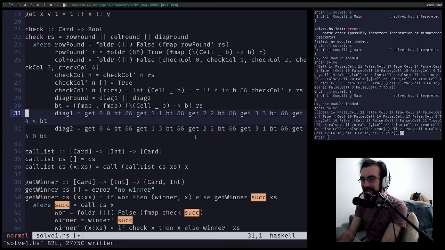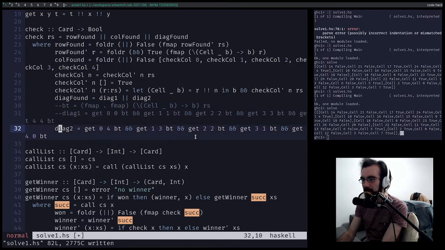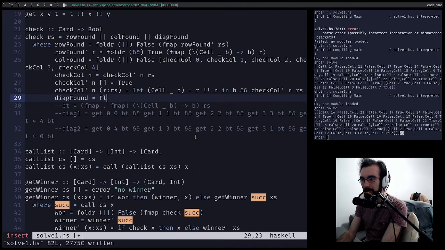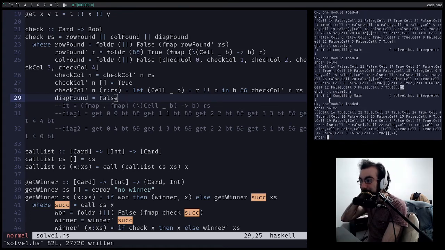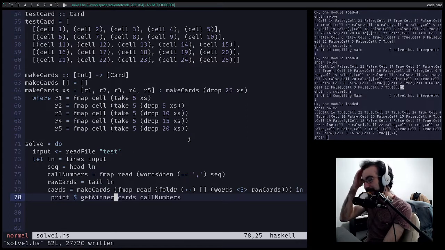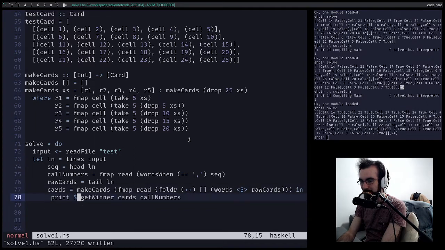So let's just comment these out for a sec. And say diag found equals false. Okay. So now if we solve, that looks correct. That looks correct. Wow. I did all that diagonal work for nothing. Beautiful. Okay, so we go let C I equals get winner cards call numbers in